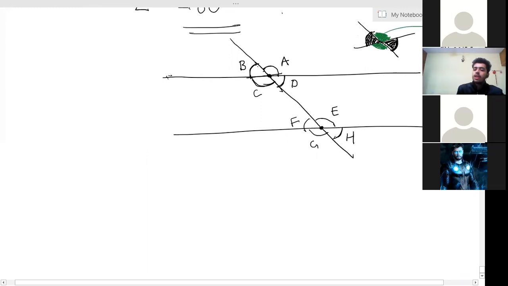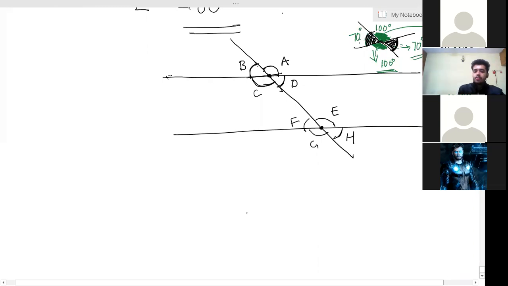So there are two pairs of vertically opposite angles over here. One is green, these both. One more is black, these both. Now the specialty about vertically opposite angles is they are always equal to each other. Remember that. Which means if this is 100 degrees, how much will be this angle? 100, right? Similarly, if this black one is 70 degrees, what will be this angle? 70, right?